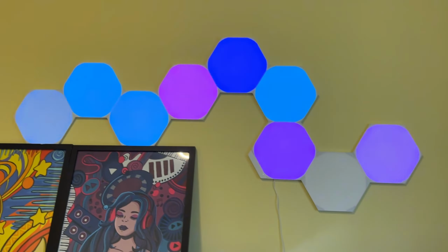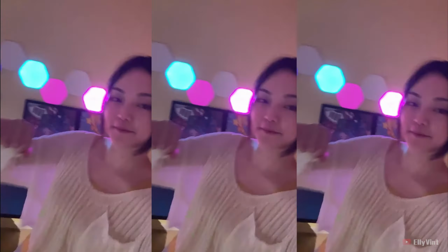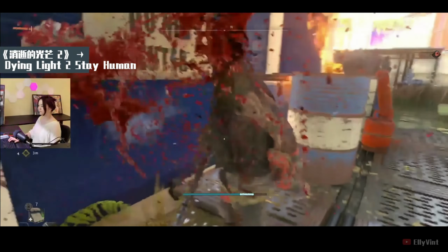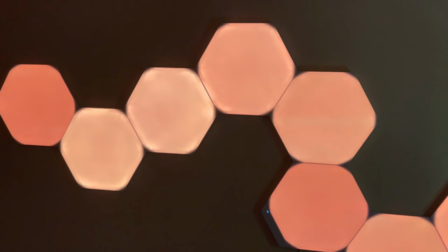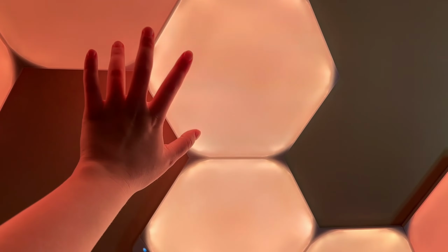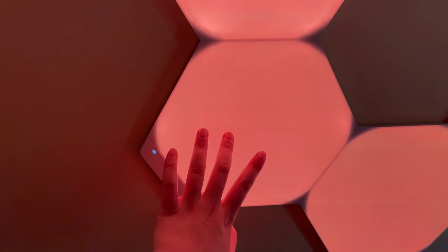Each hexagon panel gives off about 100 lumens of brightness. So, if you put 16 of them on your wall, one power supply can handle up to 21 panels. Set them to a cool white tone and turn the brightness all the way up, they could probably light up a whole room. However, Nanoleaf panels are more about setting the vibe rather than being super bright for things like